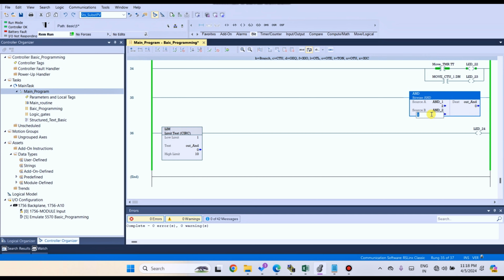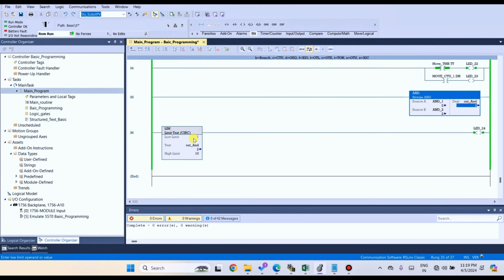If source A is 2 and source B is 2, what will happen? The destination in limit 1 to 10: the value 2 is within 1 to 10. So for that reason LED 24 is on.